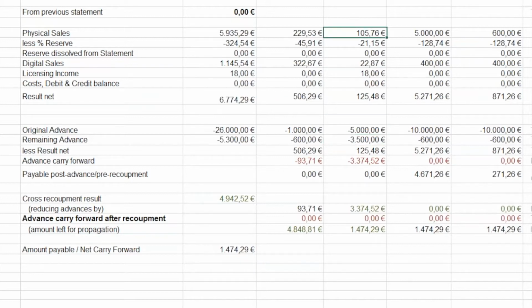So the grouping can involve any number of contracts. So we have 4 here identified by their old ALF IDs, but there can be many more, or there can be just 2. 2 is the minimum.